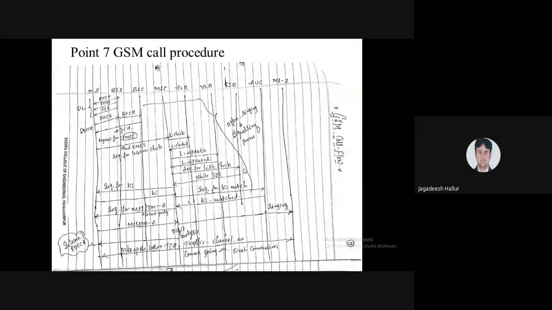So with this process, 90% of the work is over. The key is also matched. Okay, now you are dialing your friend's number. That number also requires authentication. So the MSC will send a request to the mobile station that is dialing the number. You have to send the MSISDN number 2, meaning the contact number of your friend, that has to be checked. That has to be sent back from your MS to the MSC.